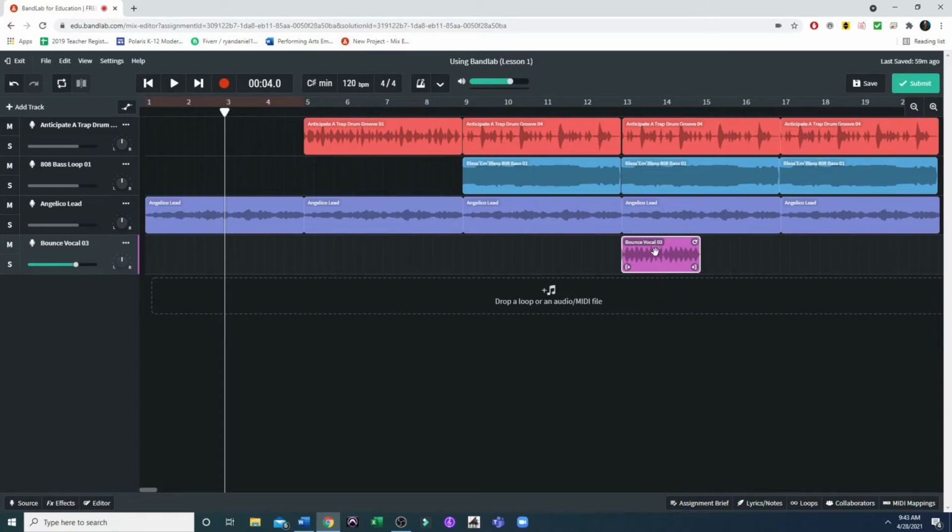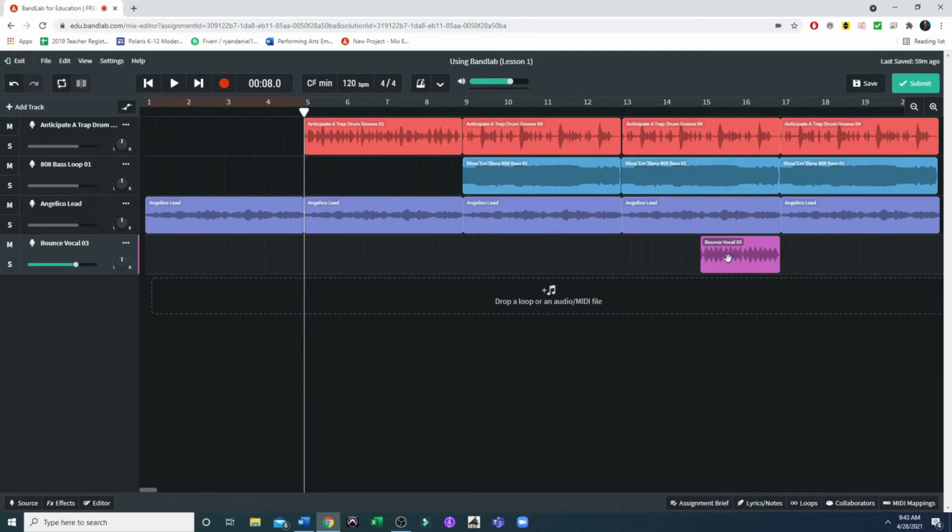So I have options. I can either make it last the same amount of time as my existing loops, or I can have it start halfway through my existing loops. So if I play this, you should be able to hear the difference of when it starts halfway through, because we're used to every 4 measures hearing a new instrument coming in. So if I play it,